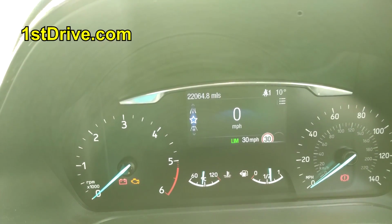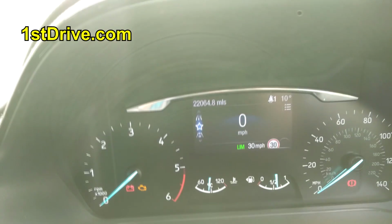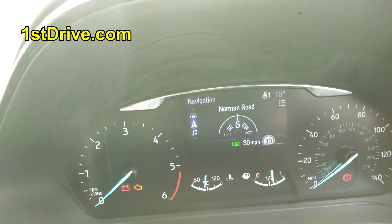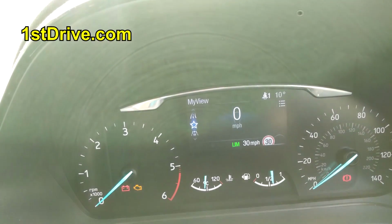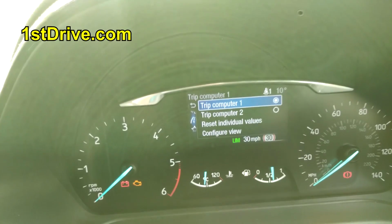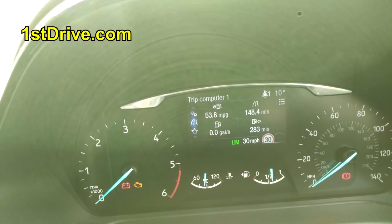Another problem I can see with this, and while I'm here, I've never showed you this car before, but I've got so many gadgets on here, like driver assist, and a compass. Got 2 trip computers in this car, trip computer 1 and 2. There's so many options in this car. I need to go over with you one time. Anyway,